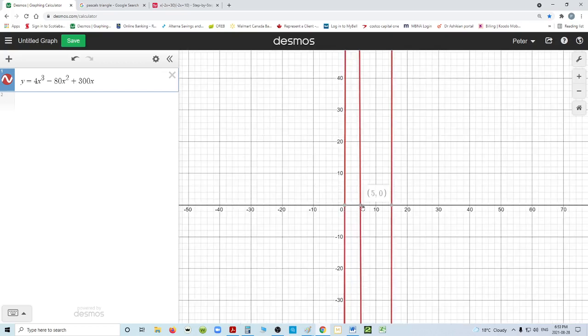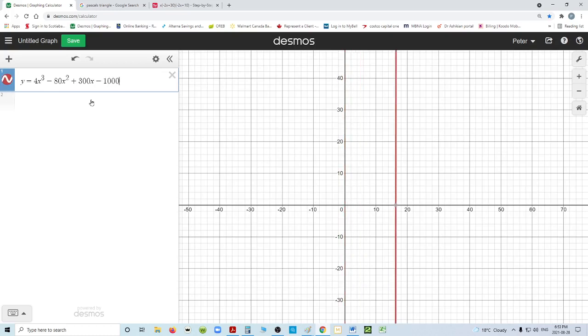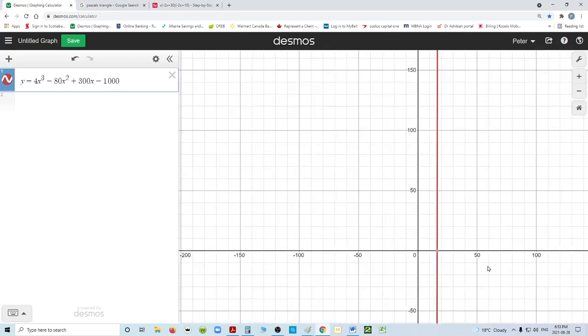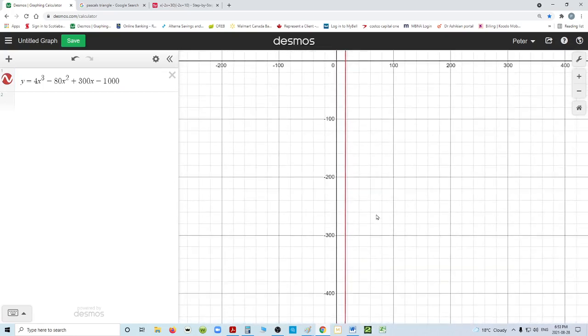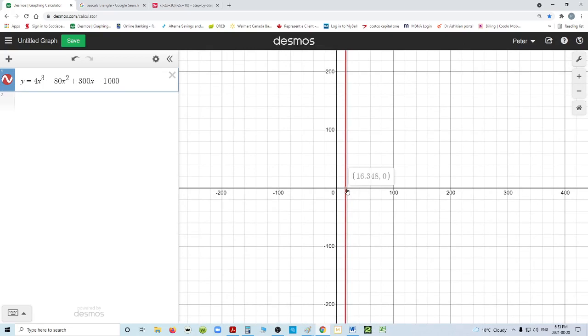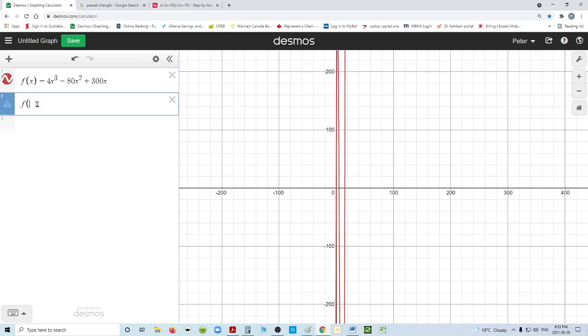And then if I subtract it by 1,000, I have the question they're looking for. So now my x-intercepts, and we can see that all the other graph has disappeared, and we can see that this is the only x-intercept that works, 16.348. So now if I go back to this and change this to f of x, we can see that f of 16.348, 9 or whatever it was, yeah,